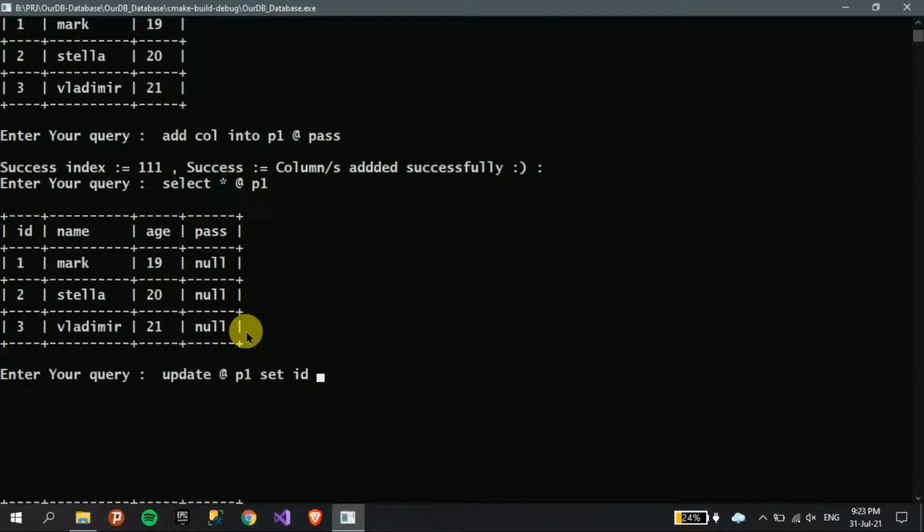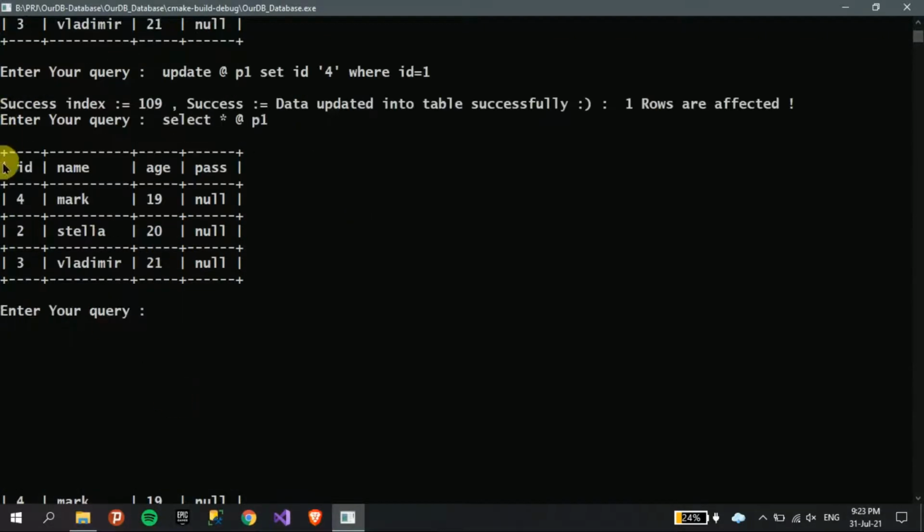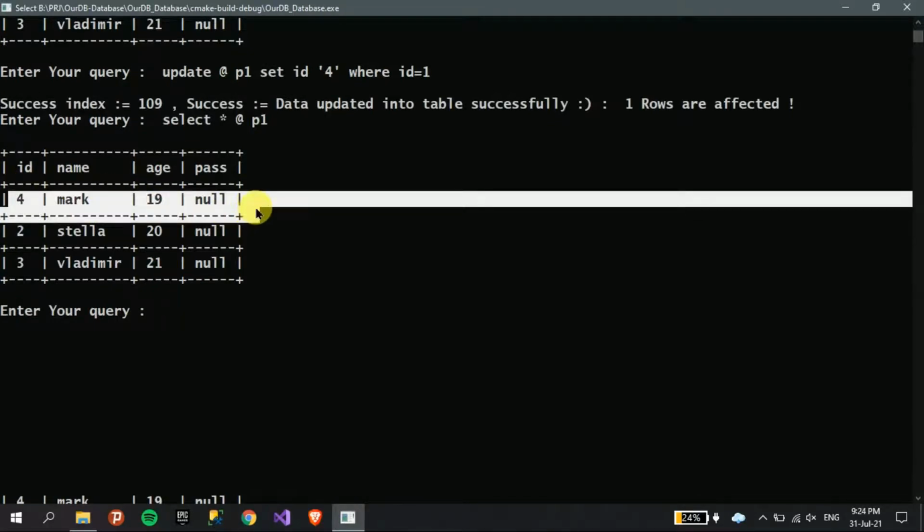Here the id, meaning the column name, will not be in single quotes, but the value you are going to set should always be in single quotes. So I will put 4 where id is equal to 1. Now, as you can see, data updated into the table successfully, one row affected. And if we do select star from the table, as you can see, the data is updated.